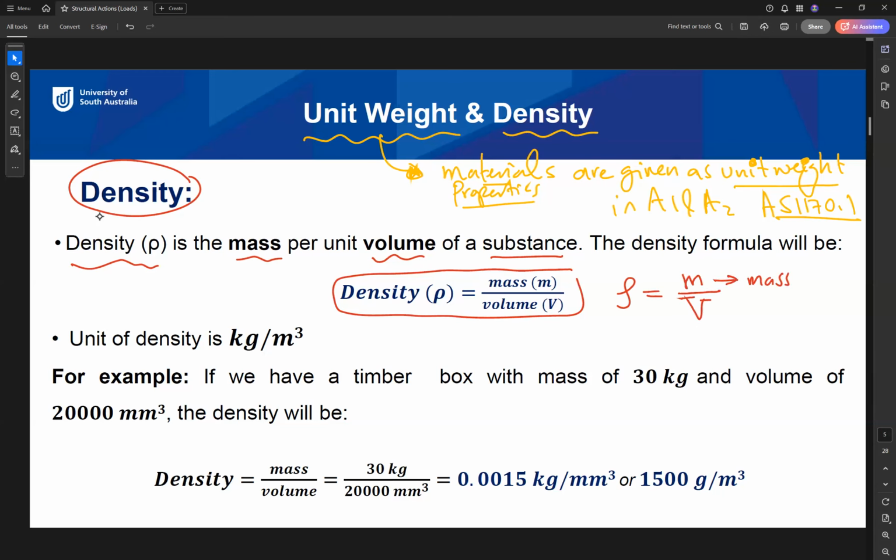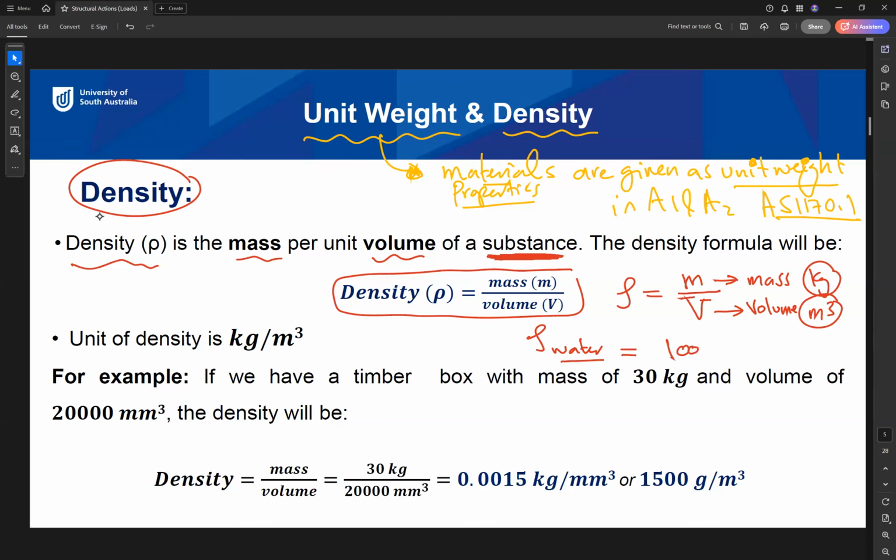Mass in kilograms, for example, and volume in cubic meters, for example. So if you know your mass and your volume, you can know your density. Any substance or any material in our world has a specific rho. So for example, for water, rho is